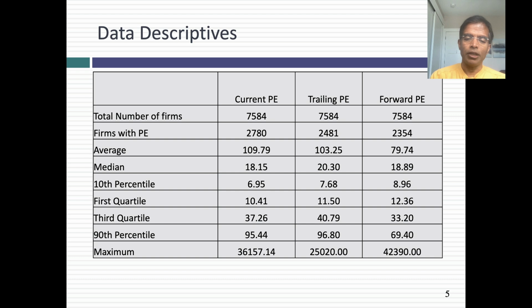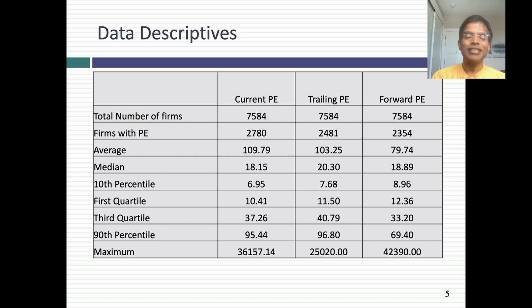Now, if you're interested in more distributional statistics, I've computed the 10th percentile and the 90th percentile. I'll be quite honest, I find looking at the minimum and the maximum too constricting because they're the most extreme of extreme values. I think it makes more sense to look at the 10th percentile, also called the first decile, or the 90th percentile, the ninth decile. And you can see that PE ratios have a big range.